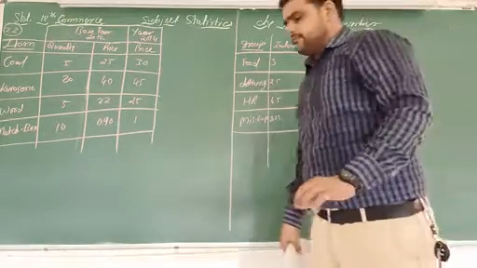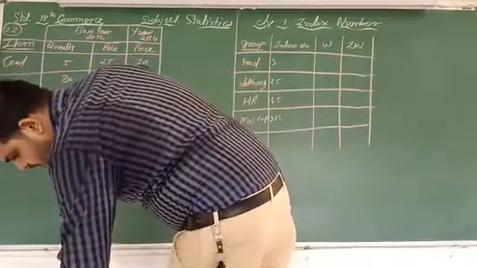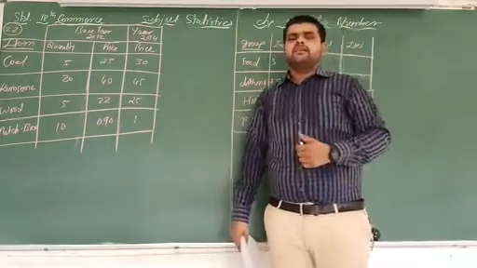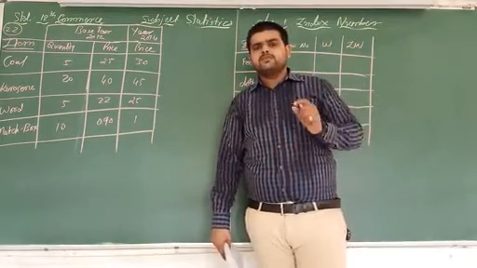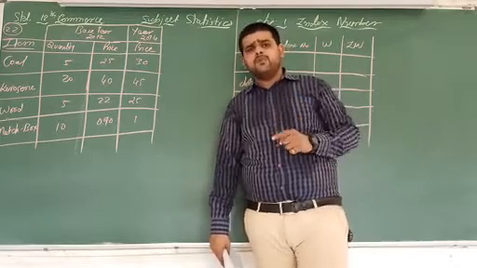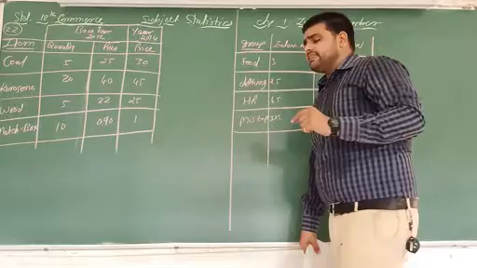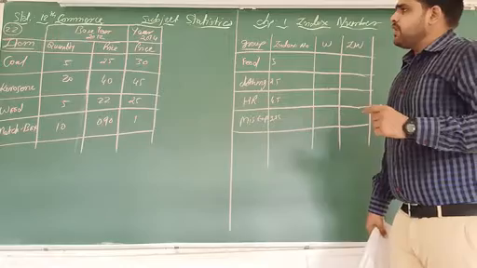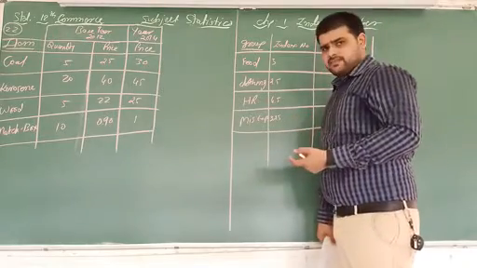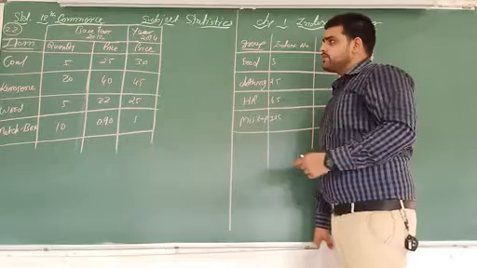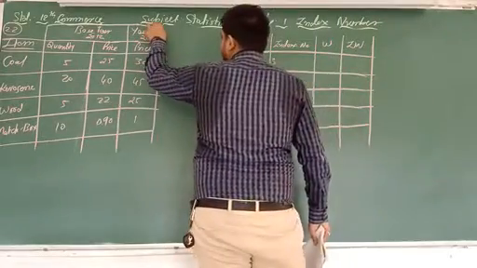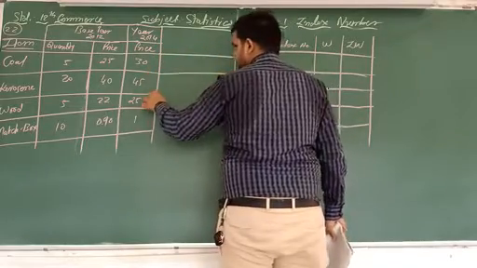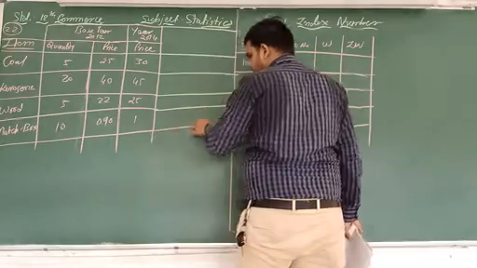See, in this example, there are 2 types of cost of living index number: the family budget method and the total expenditure method. Both methods are included here. This is an important example, so see it carefully. What we have to do is find the cost of living index number with the help of both methods. With the help of the data of the example given here, we can find out what formula we have to use.